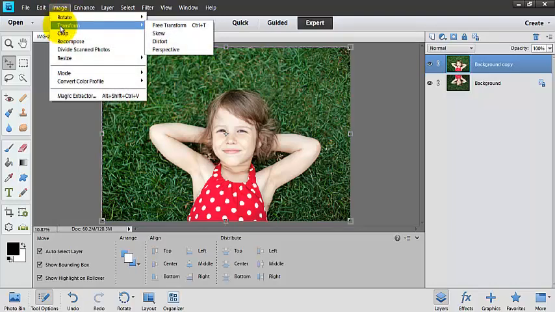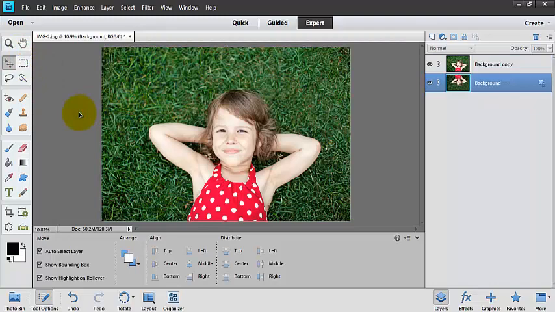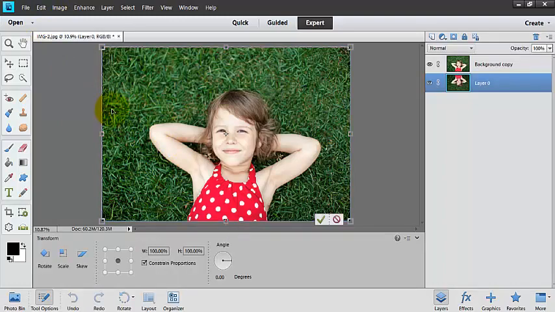Here we can transform our image. Most of the time you would use the transformation on something else, like if I were to add some text, or if I was to add something or place it on top of my picture, then I could transform it. I can also transform something by hitting Control T. And so you can see here that as I transform this,